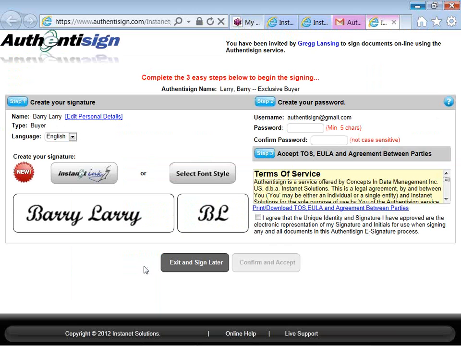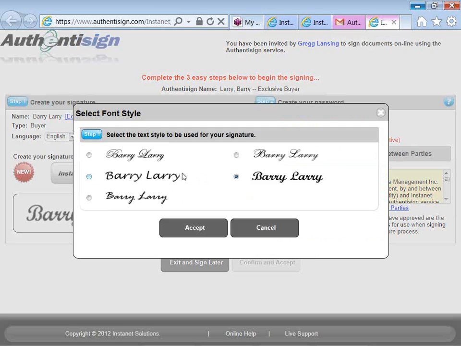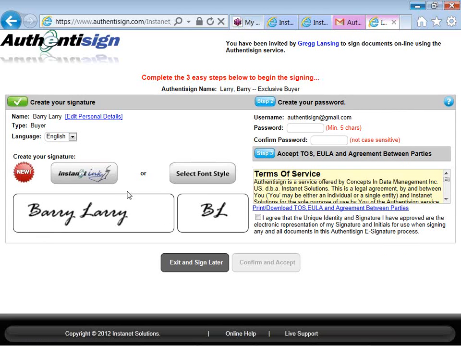Every one of your signing participants is going to create an AuthentiSign profile. You, when you have initial and signature requirements, will create an AuthentiSign profile. The first thing that we're going to do is choose that signature style. I can choose it from just a list, prefab fonts, or more likely than not, I'm going to use the Instanet